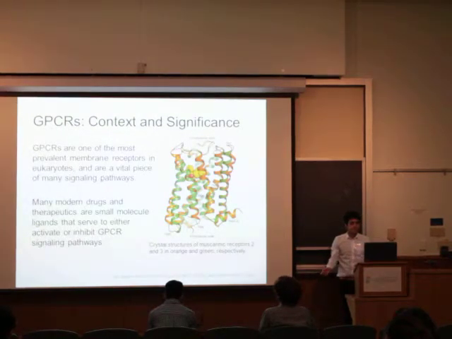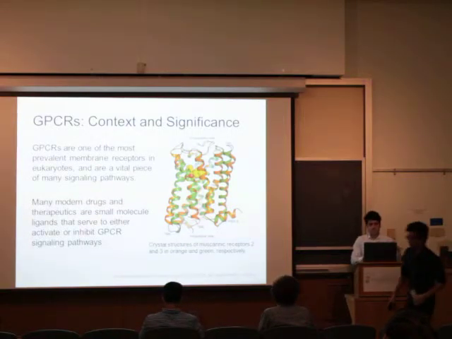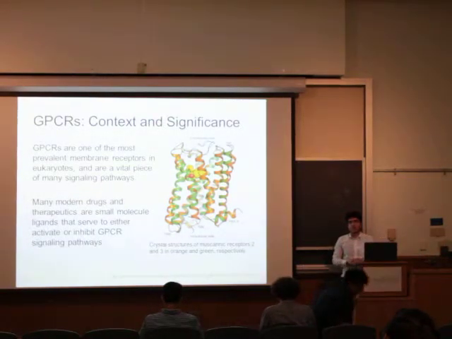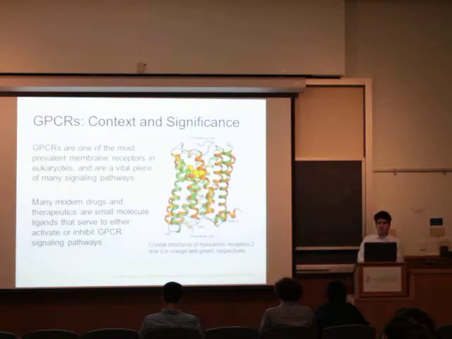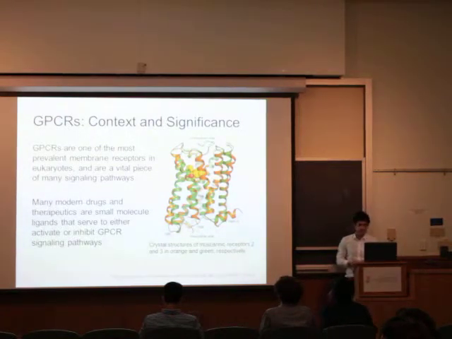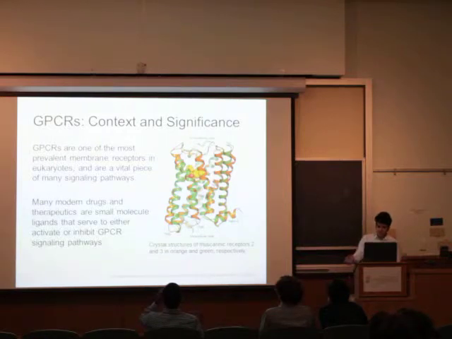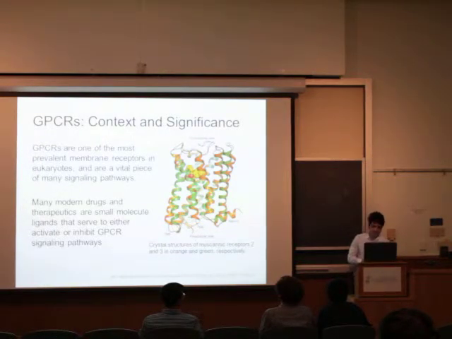So GPCRs are membrane receptors, which means they're proteins that exist on the membrane of the cell, and they bind selectively to ligands, which are usually small molecules. Upon activation by a ligand, a G-protein coupled receptor interacts with a G-protein and sets off a pathway. These pathways are found in all sorts of eukaryotic organisms, and they control a lot of neurochemical activity, cell-cell interaction,